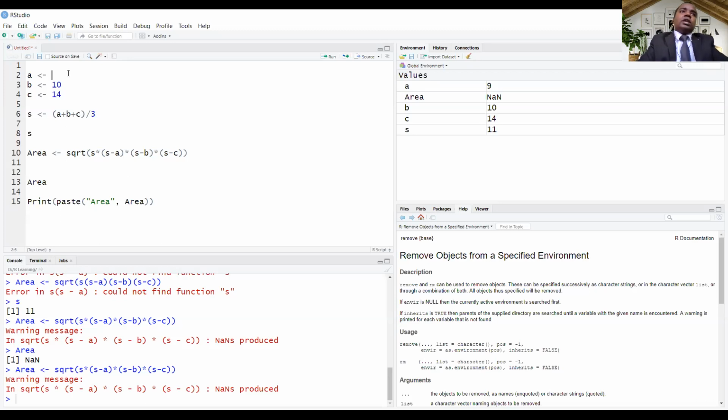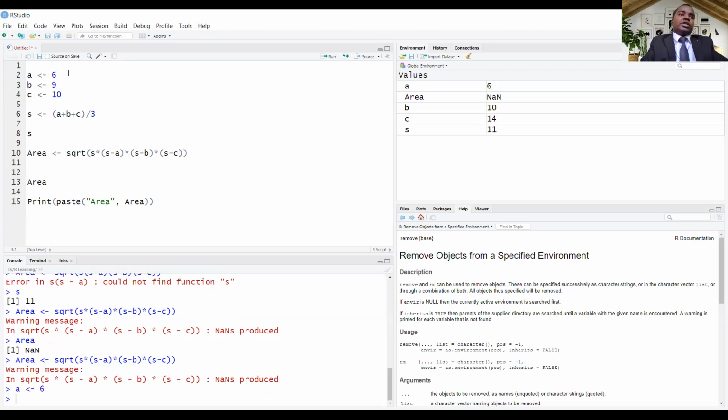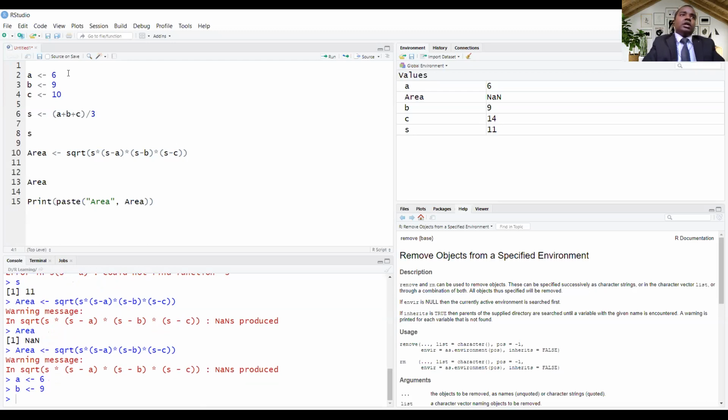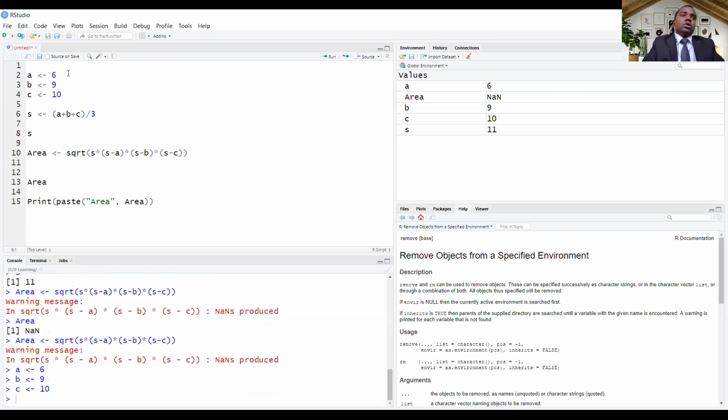Here we can write the values: a is 6, b is 9, c is 10. Let's run the code again. a is assigned 6, b is assigned 9, c is assigned 10.